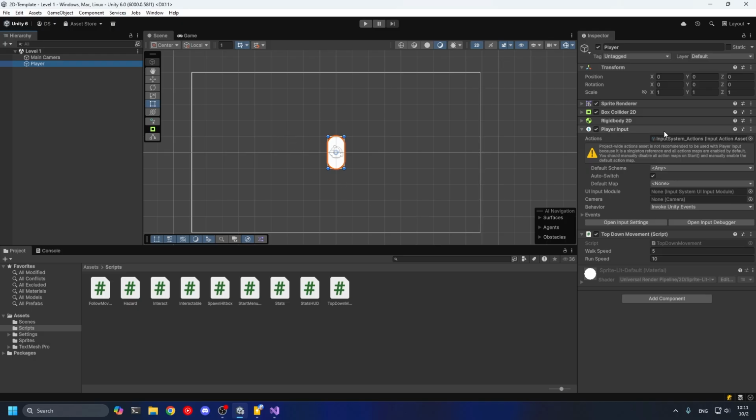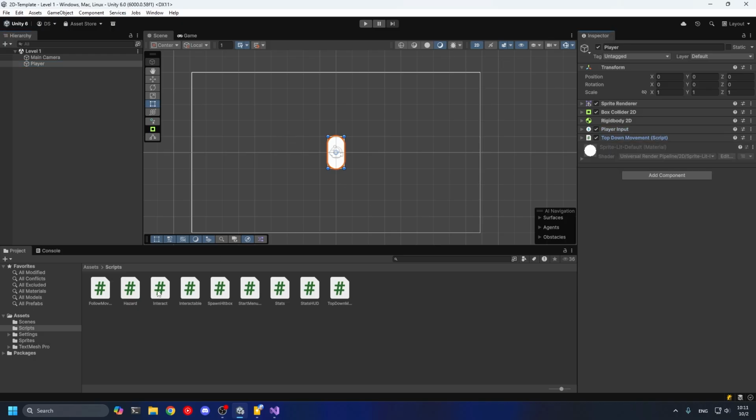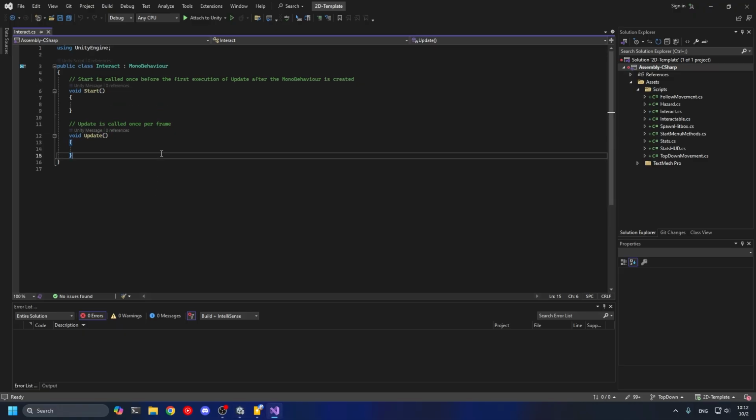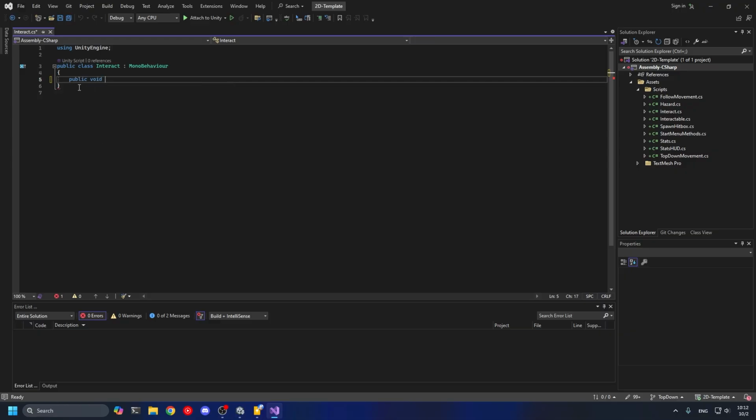On our player here, go ahead and add by dragging on the interact script, not the interactable script, the interact script. Once the interact script is on the player, we're going to open it up and we're going to start writing some code. We're going to make this code compatible with the input system. To do that, we're going to get rid of void start and update, because we don't need either of those. We're going to create a public void called